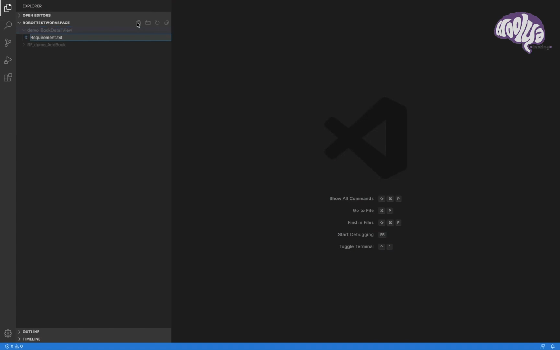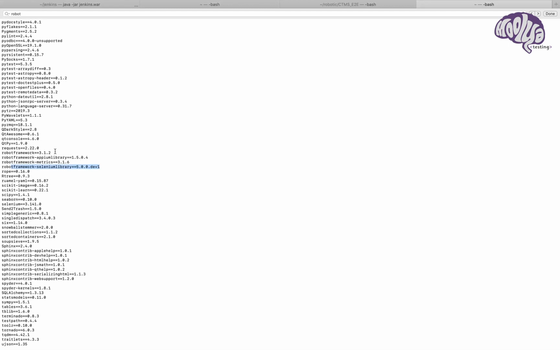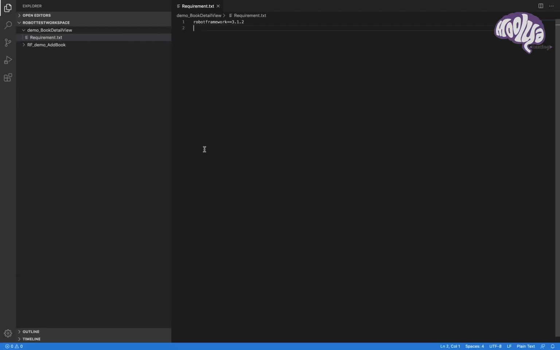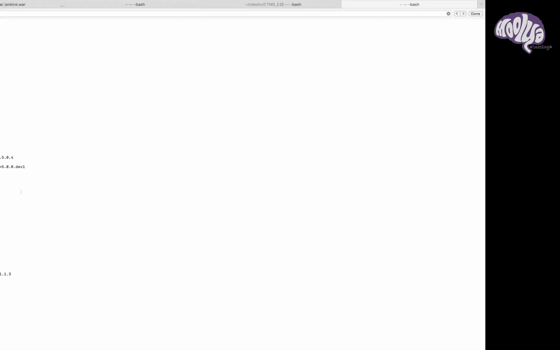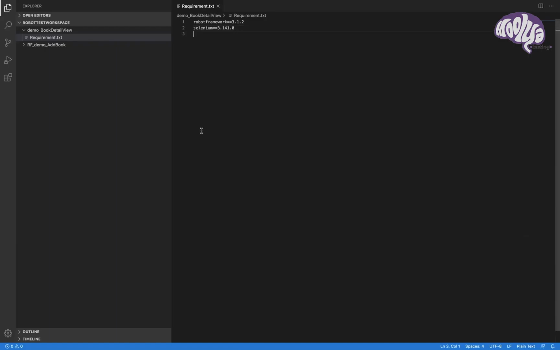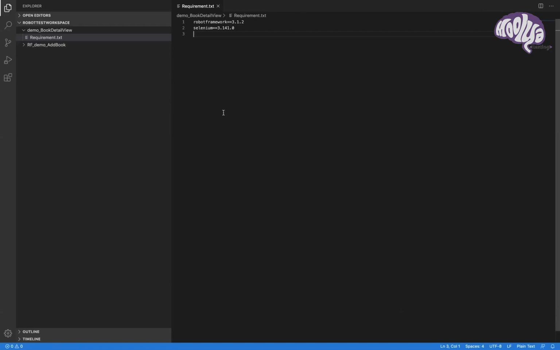This is for the people who are viewing your project, showing what are all the different libraries that I have used. For our project, I'm using the Robot Framework and Selenium. Search for Selenium. Yes. These are the following libraries that I'm using. Let's create.